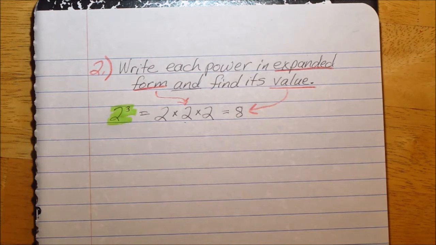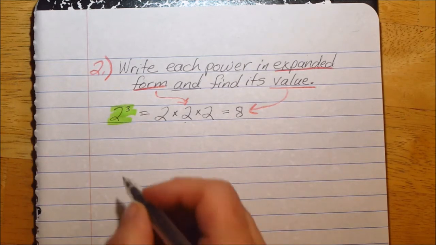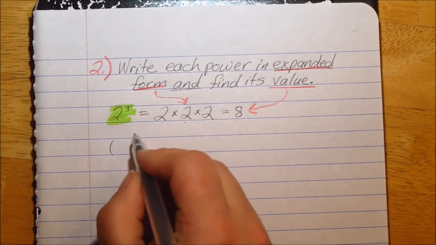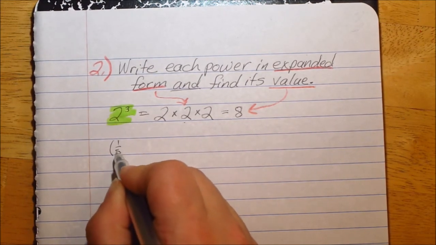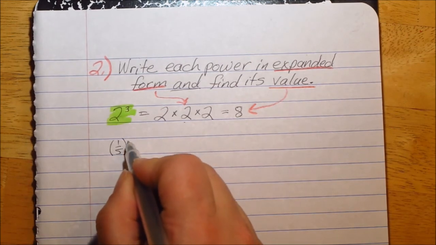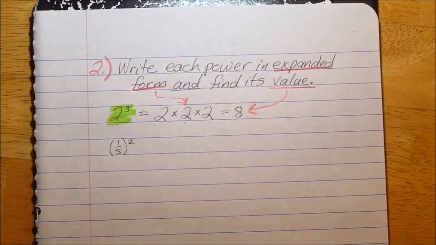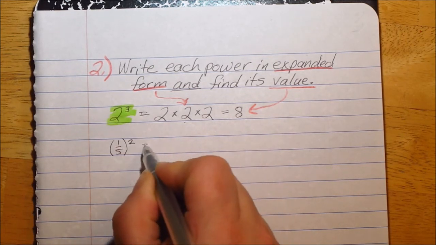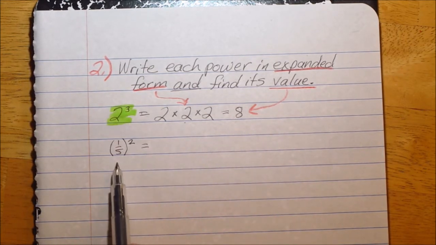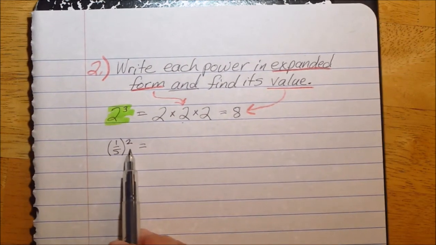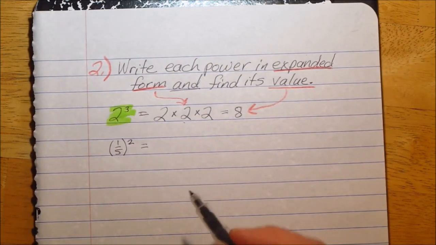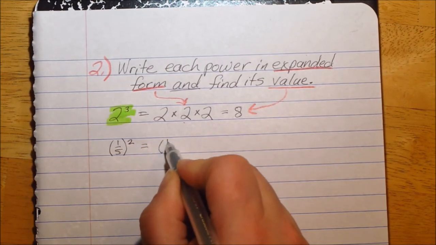Okay, let's do one more that might look a little bit trickier. You'll see it on your worksheets, but truly it isn't. It's the same process. So what if I showed you (1/5) squared? If it's a fraction, they'll put it inside parentheses like that. So same instructions, write it in expanded form and find its value. In this case, my base is 1/5, and the 2 is telling me I'm multiplying it 2 times, 1/5 squared. So I would have 1/5